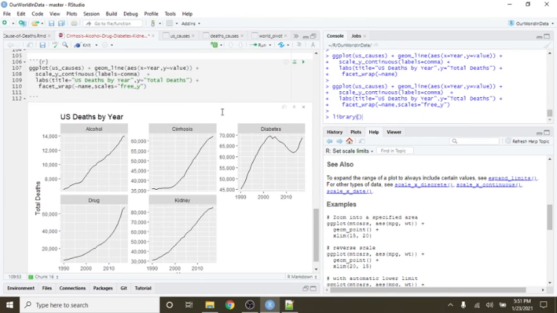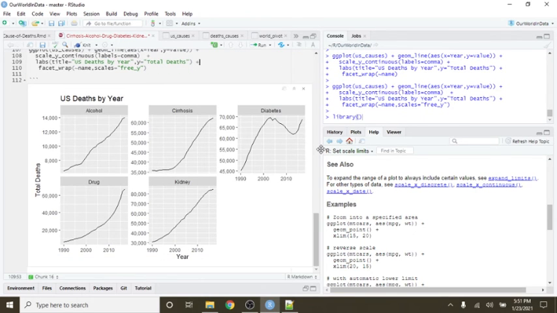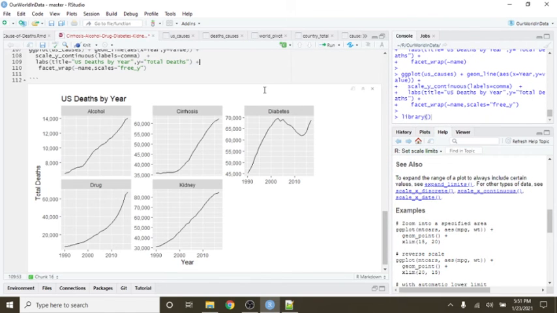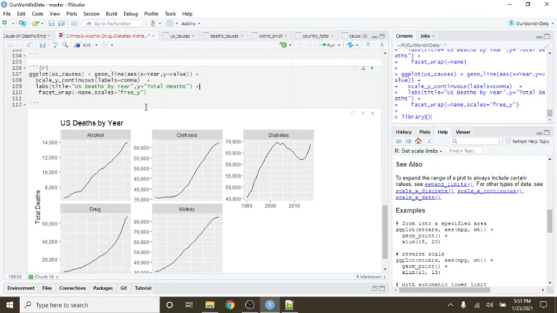Let's see if this scales. Okay, much better. This really gives us a much better picture here, doesn't it? Just for the fun of it, that's the area, and let's say